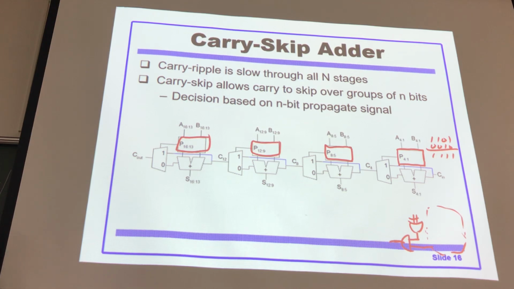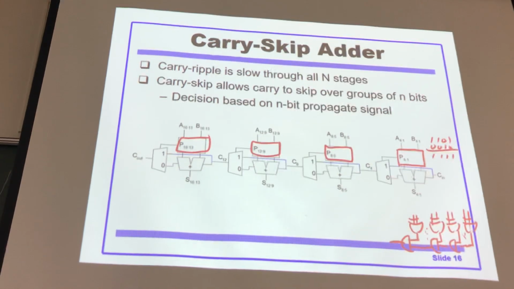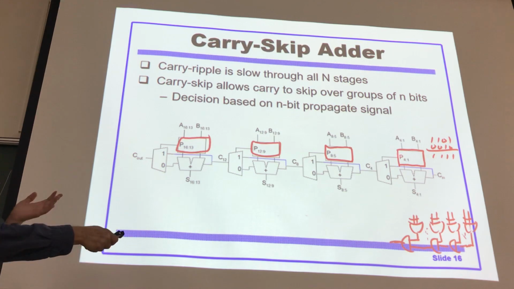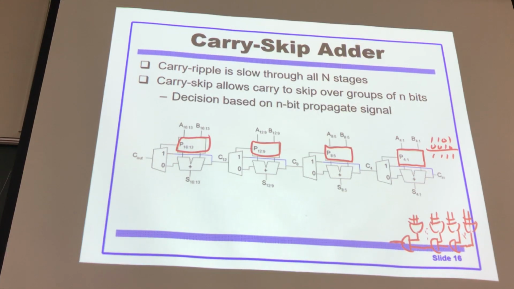Okay. That will be equal to the OR gates, and then AND them together. So again that's complex in here to generate the carry propagate for the four-bit group. And the multiplexer here,